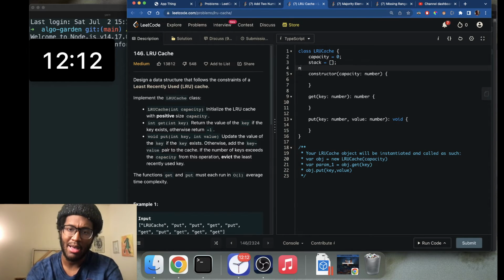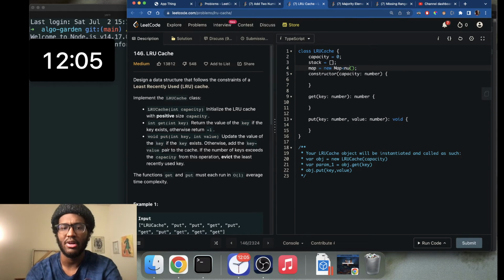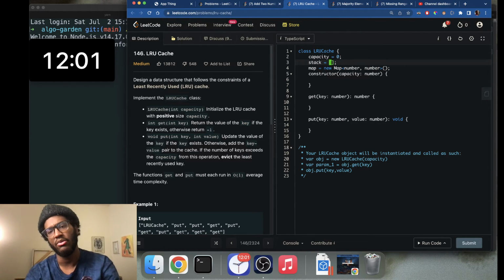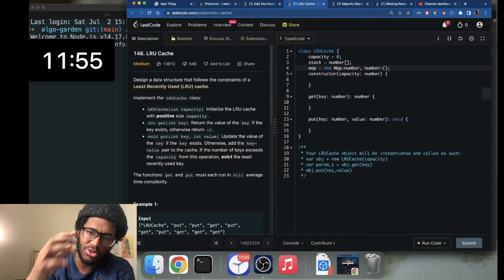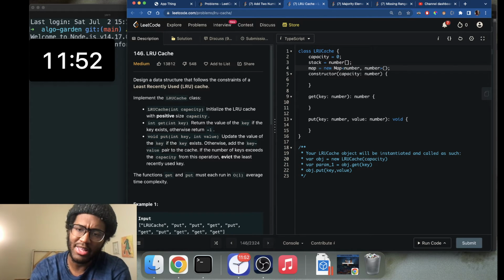Then we could have a map for the get and put operations, and this map would be of type number to number, and this array would just be an array of numbers. And what we would do when they want to get a key,